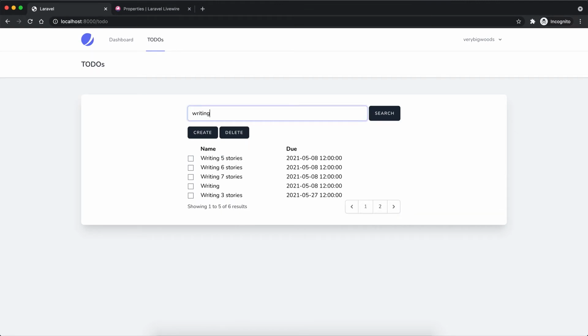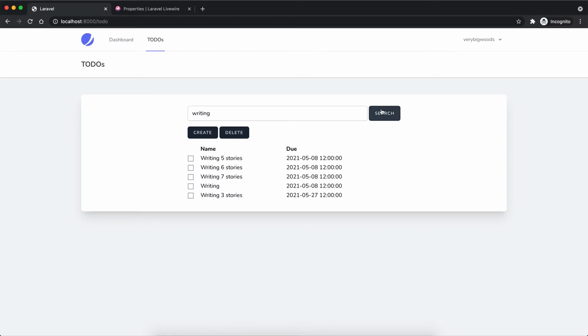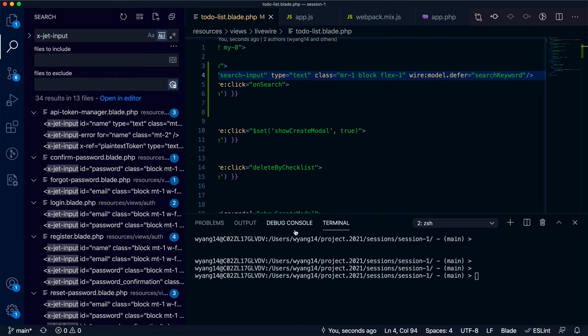Right, when we type writing, nothing happens, and I click search. So you see these items are searched and returned to the front end. So this is how the model defer works. It won't trigger any request until your next network request. This is also covered in my previous video. So this is the search implementation, how we can implement it in